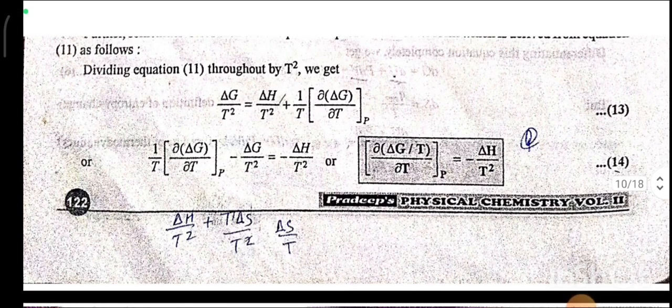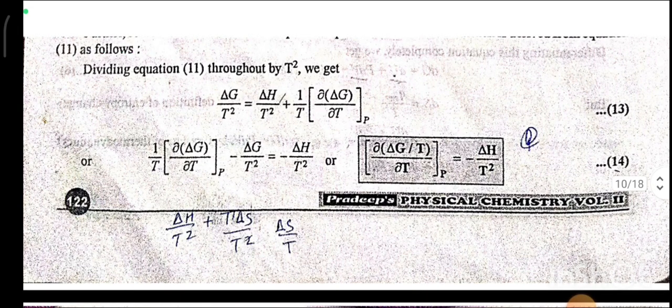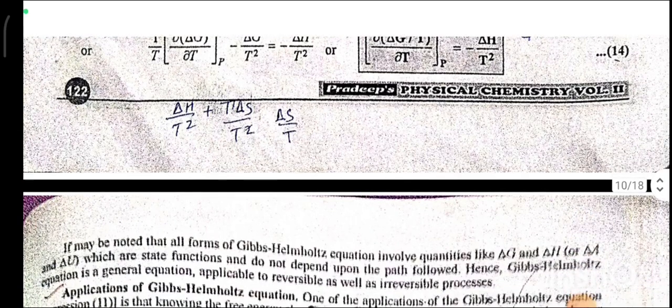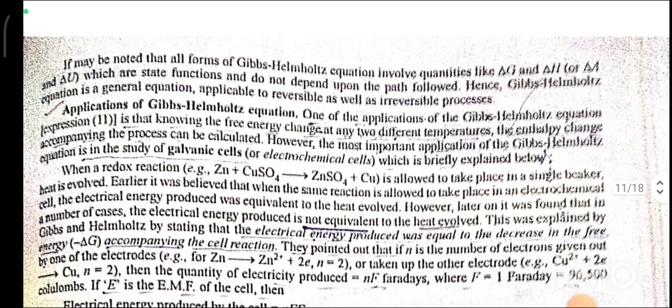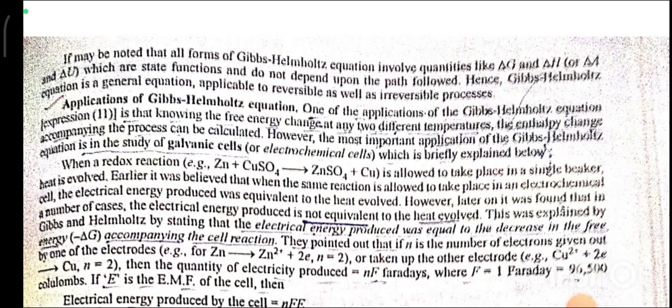Dividing equation number 11 through by T², we get ΔG/T² = ΔH/T² + (1/T)(∂ΔG/∂T) at constant P. And finally, it comes ∂(ΔG/T)/∂T at constant P = -ΔH/T². It may be noted that all the forms of the Gibbs-Helmholtz equation involve quantities like ΔG,